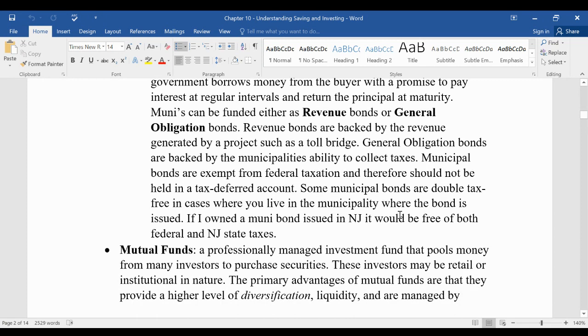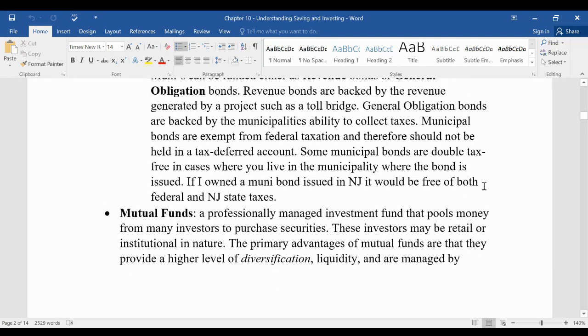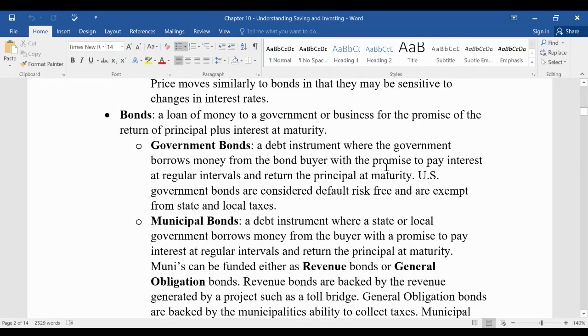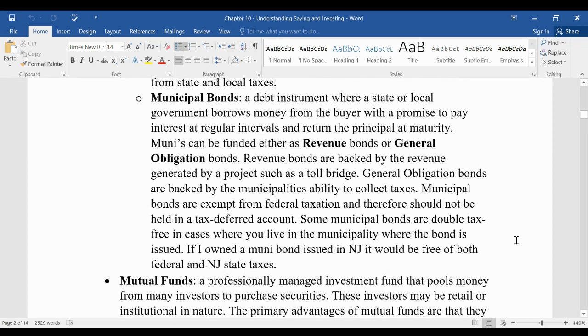Okay, so they should be part of your portfolio when you're making up your bond position, because you're going to want, depending on the accounts that you have things in, government bonds, I would put in an IRA because any income that I get from that would grow tax free. Municipal bonds, I would keep in a brokerage account, which is not tax sheltered. Okay, there's no real point of putting a municipal bond in a tax sheltered account.